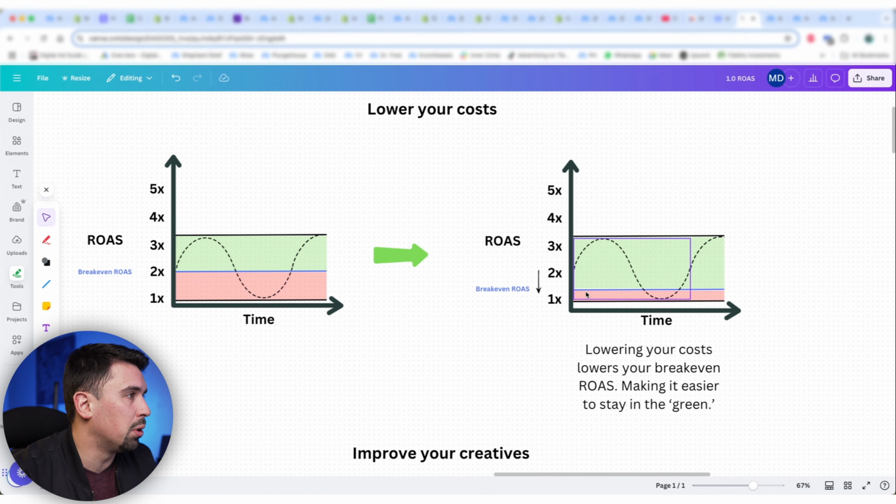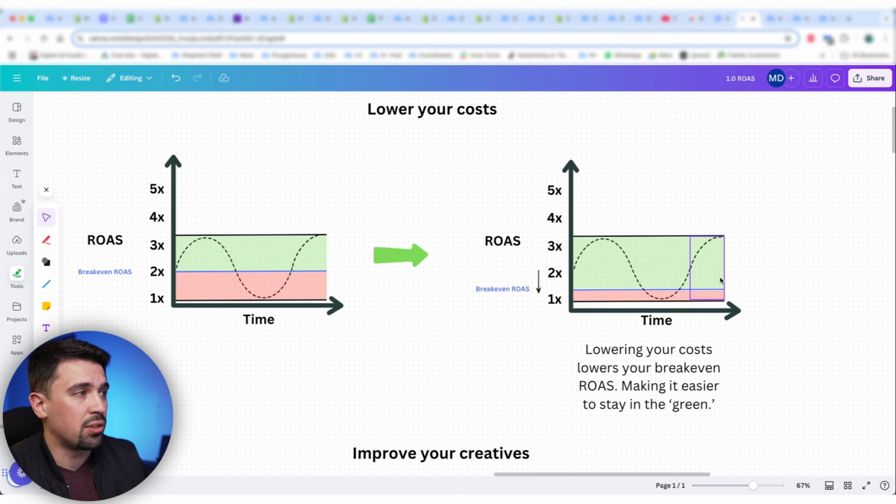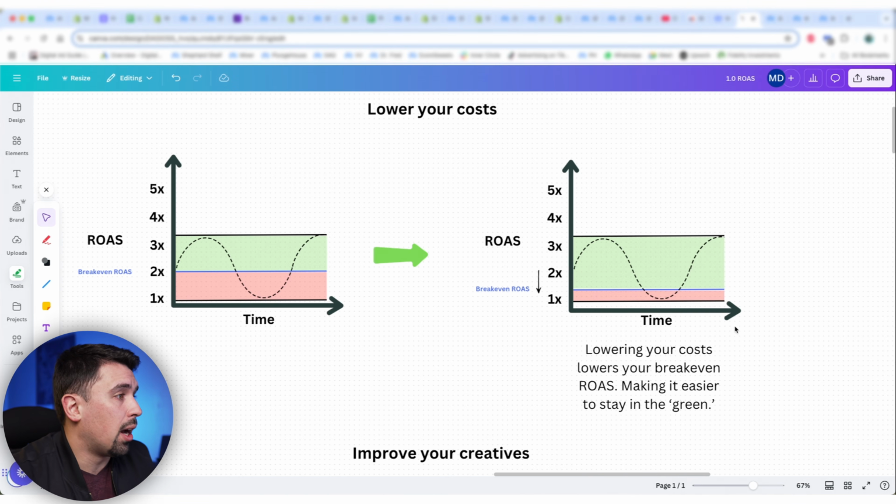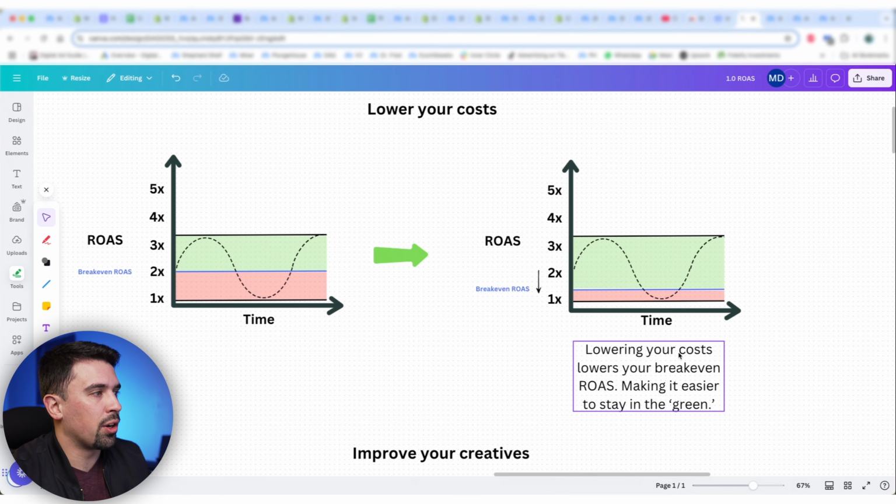So you can see here this blue line went from 2x to now down here. This fluctuation hasn't changed at all, right? It's still fluctuating up and down, still volatile, but you can see the green area here has gotten bigger. So you're staying in the green zone more. You're more profitable on average over time, right? So you can see lowering your costs lowers your break-even, making it easier to stay in the green. So here's one way to do it. Next,